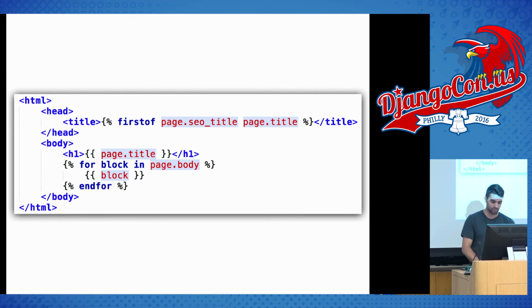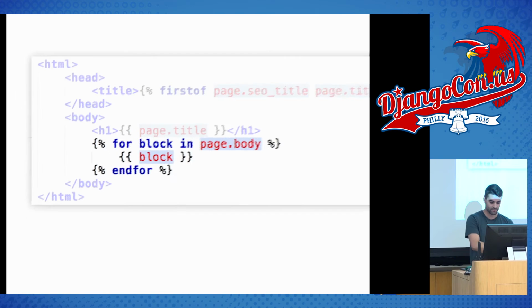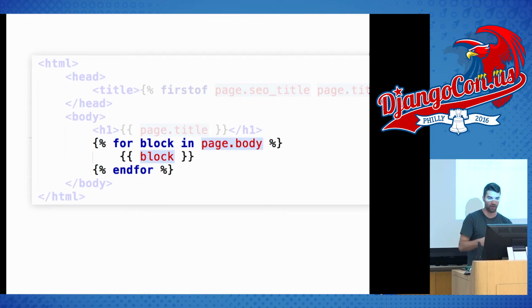But what is really important here is just this. You're just accessing each block as a collection on this page.body, which is a stream field, and then just rendering that block. And really that's all you need. And sure, you can do really custom things like accessing the block.block_type, which will give you that string that you gave as an argument in the beginning in that tuple, so you can render it in a certain way, given certain conditions or whatever you want to do.